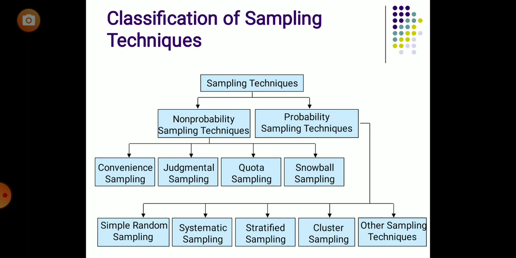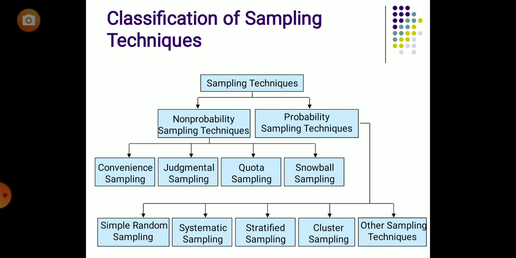Let's say, for example, if a researcher wants to select 100 students out of 500 students, based upon the students' attendance sheet, if the researcher randomly selects the 100 students out of 500, then it is known as a probability sampling technique. Again, let's say out of 52 cards, where 52 is the population, we want to select 3 cards, so randomly all the 52 cards have an equal chance of selection, then it is known as a probability sampling technique. Moving further, in this session we are going to discuss different methods of probability sampling.